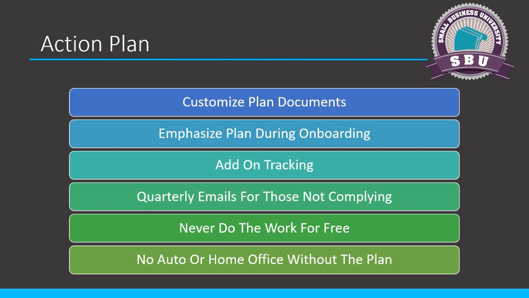And then number five, never, ever, ever do the work for free. Now, there is one thing I will say. If you are doing value billing, and let's say that instead of fixed fees like what I do, where it's based on revenue or something, you're selling them the plan of, we can save you $6,000 in self-employment tax, so we're going to charge you $4,000 for that. That's what I call value based. It's based on the value of the tax savings.